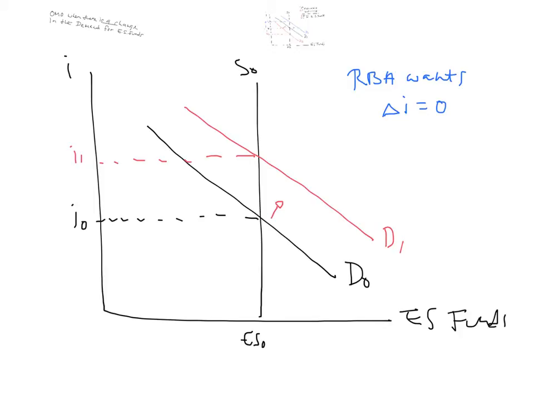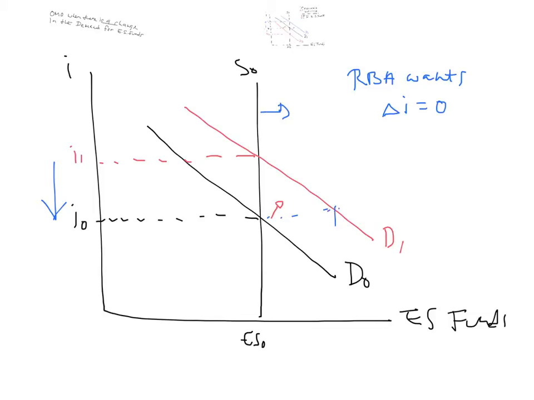Okay, so it has to do something about the supply of money or exchange settlements, the increase in the supply of exchange settlements, in order to bring the interest rate back down from I1 to I0. Okay, so what it has to do is it would have to increase the supply of money, right? It would have to increase the supply of money